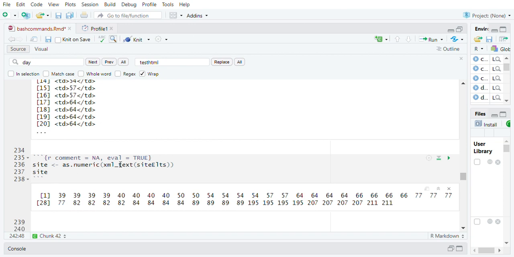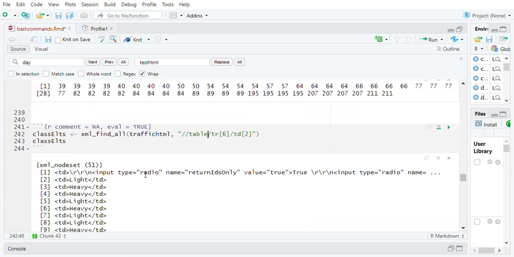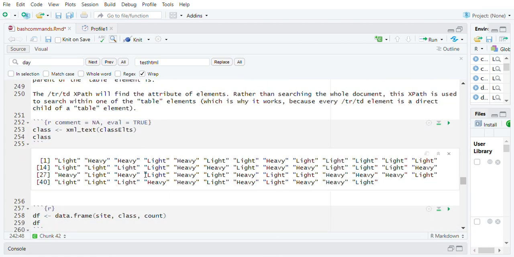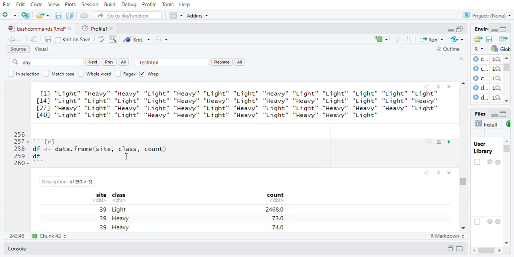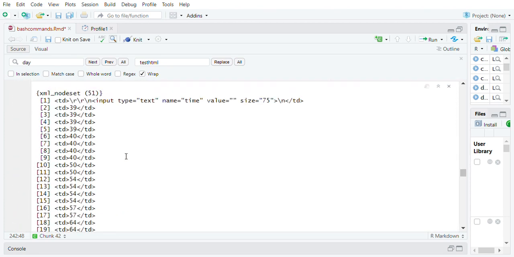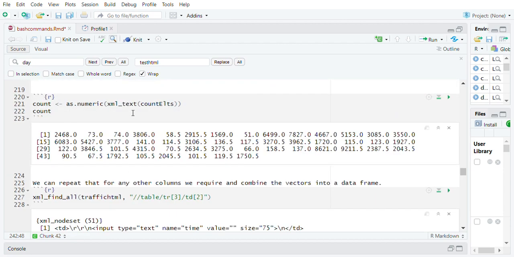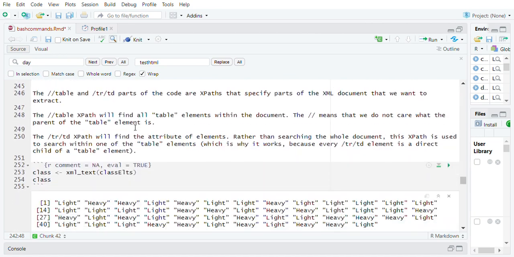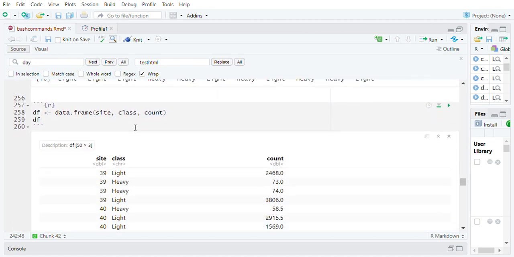So site equals the numeric part of this, and we found the class has the text part of the class items, and we want count. The last element is count, and count is the numeric part of the traffic count data. So running that,